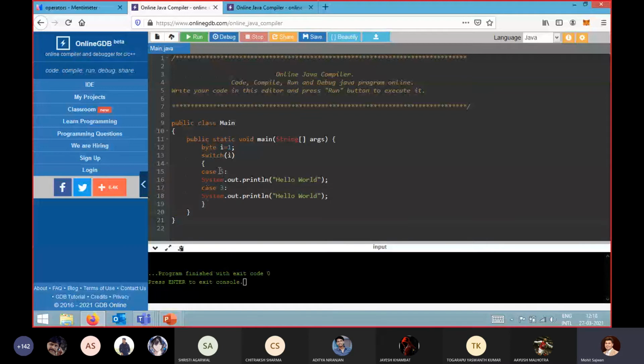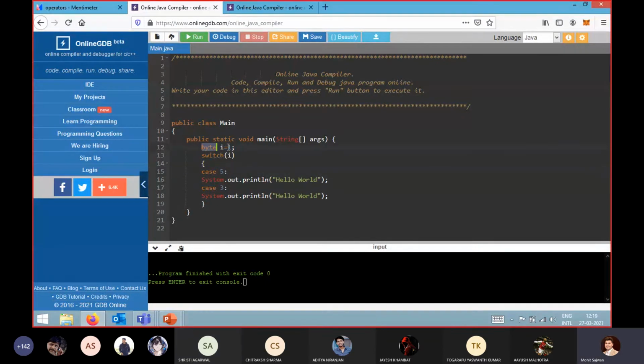But always keep in your mind that you can take whatever constant values you want, either in ascending order, descending order, or any other order. No need to worry. These are all the cases, the theory behind your switch casing. Is there anyone who has any doubt related to that? No, sir. Okay.